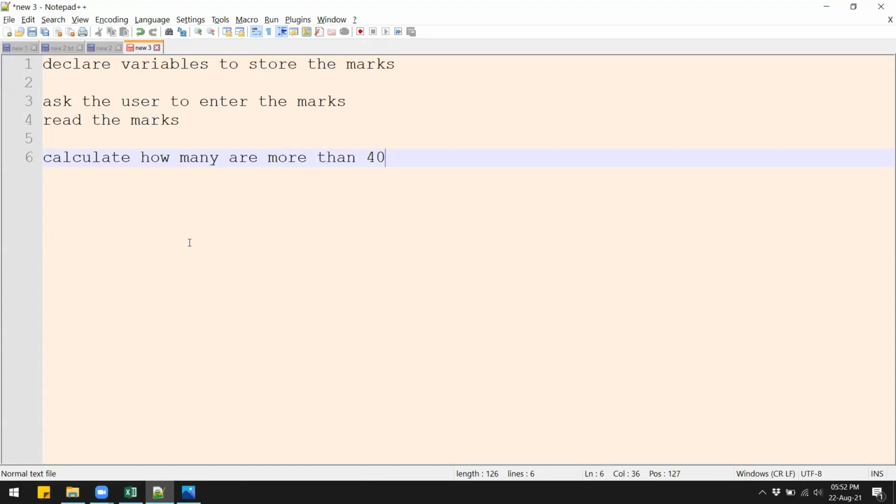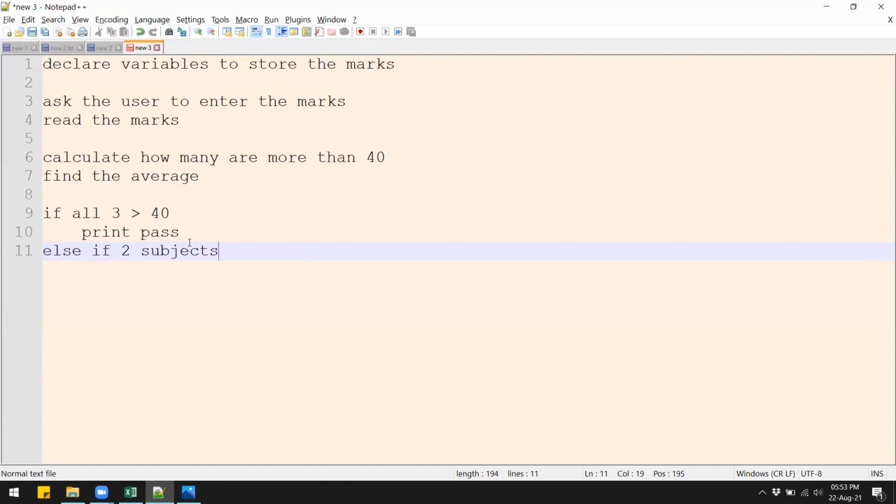So if the mark is more than 40, then that is considered a pass. And then we also need to find the average. And then we will have some conditions. So we can say if all 3 marks are more than 40, then we will print a pass. And then what if only 2 subjects are passed and the average is more than 50? So we can say else if 2 subjects passed and average is greater than 50,